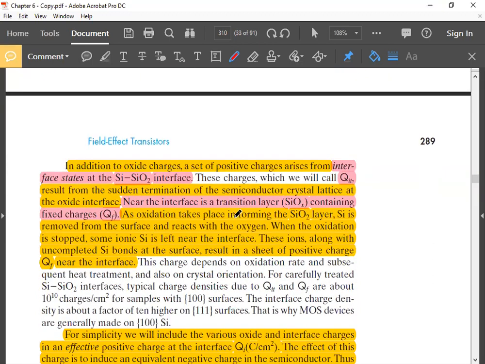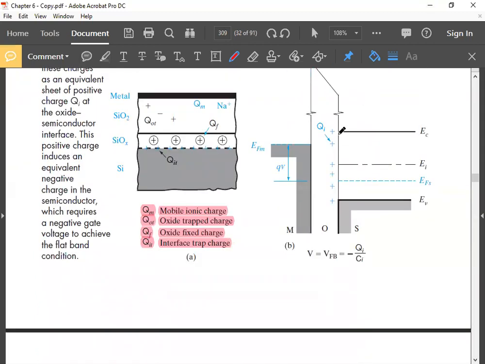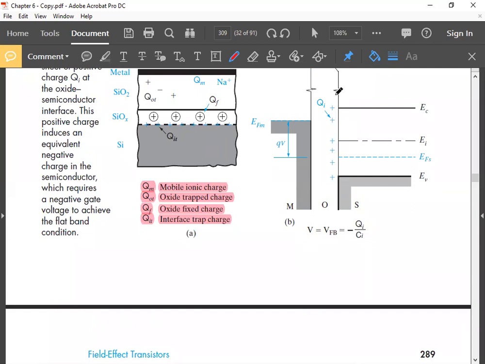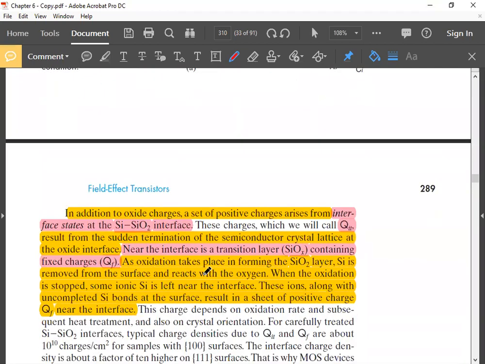As oxidation takes place in forming the SiO2 layer, silicon is removed from the surface and reacts with oxygen. As I told you, silicon from the surface reacts with the oxygen, and that becomes silicon dioxide. When the oxidation is stopped, some ionic silicon is left near the interface. These ions, along with uncompleted silicon bonds at the surface, result in a sheet of positive charge QF, this fixed